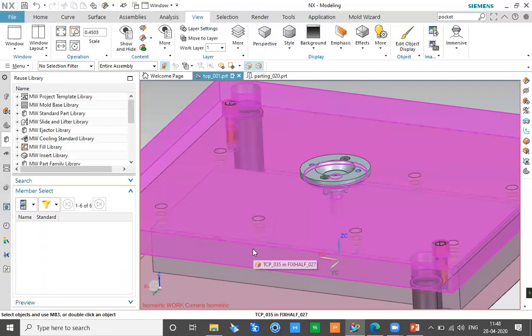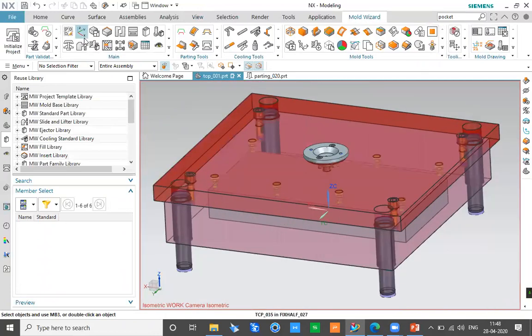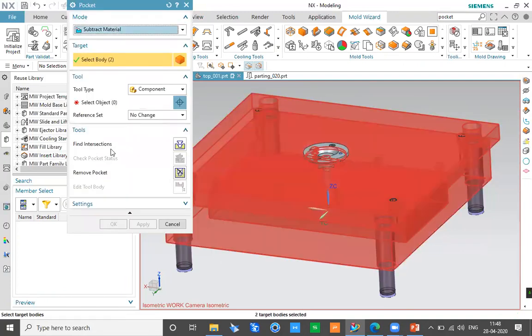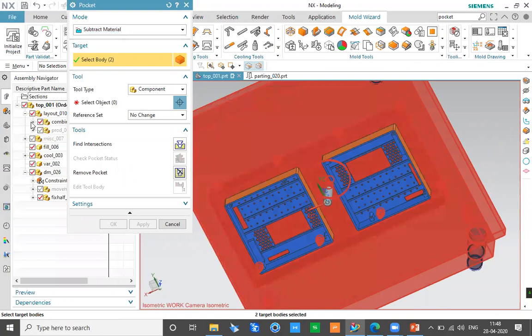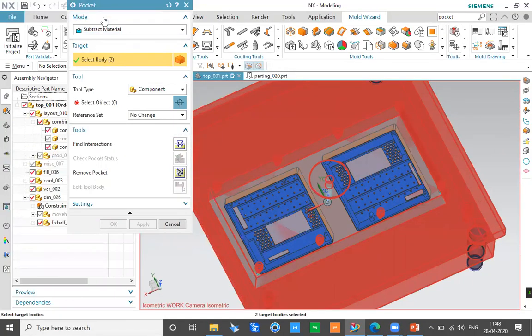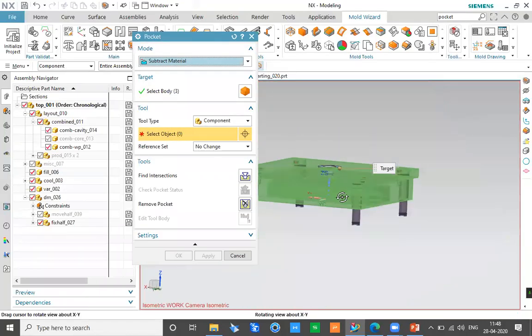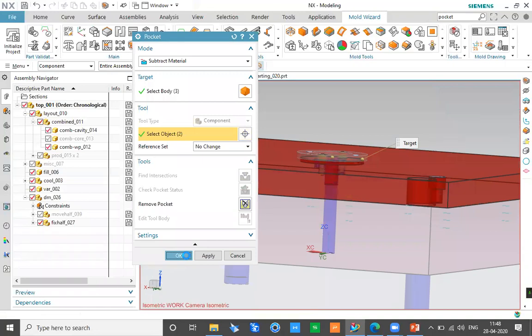Now I also need to create a pocket to make sure the screw bush and locating ring can be properly inserted. So what I can do is I can go to the pocket command here, and I can decide, okay, I want to subtract the pocket for these two components and also for the mold here inside. So I'll just go ahead and make sure my combined workpiece is active. The cavity is active at least. So I'll just select my cavity as well. So three components here selected, and I want to pocket by these two components here. So I'll just pocket it by these two components and I'll click OK.